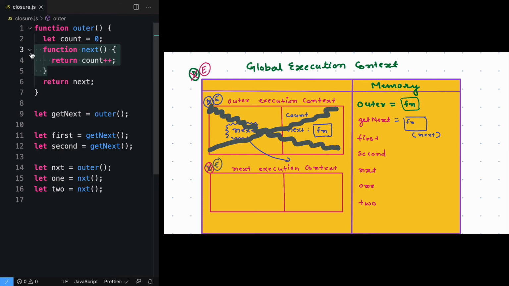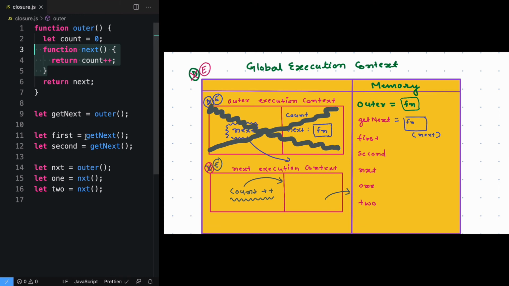In execution phase, we are saying count plus plus. So here we are looking for the value of count. So where will we go? We will go inside the memory of next execution context. Will we find it? Not at all. That's when we'll bubble out to the parent. And who is the parent here? So the parent is the global execution context, and here we can see we do not have a variable named count. So what do you think will happen here? So obviously count is not defined and we are trying to add 1 to that count value. So it should throw an error saying count is not defined. That is what we understood from this diagram, right?